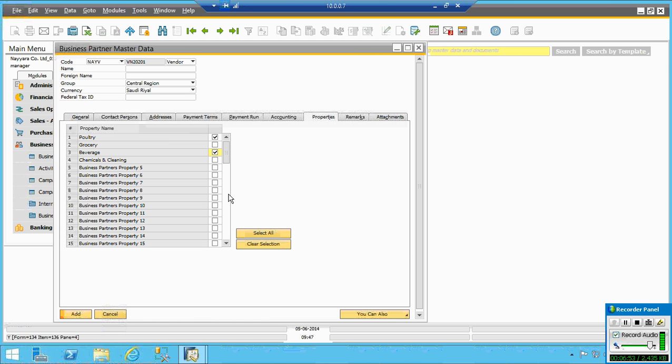So properties come in because you want the same vendor in two categories, and that is why you can use it. But group is not possible, otherwise you would need another vendor. Because you want the balance in one window.